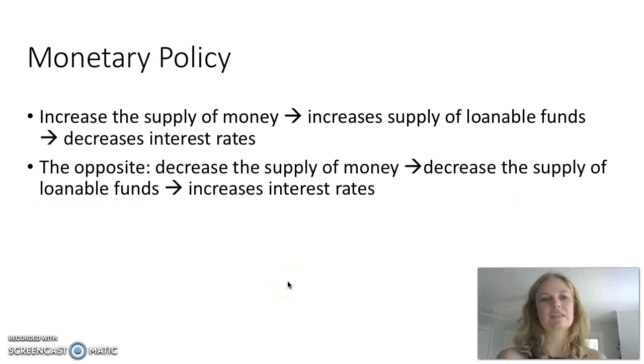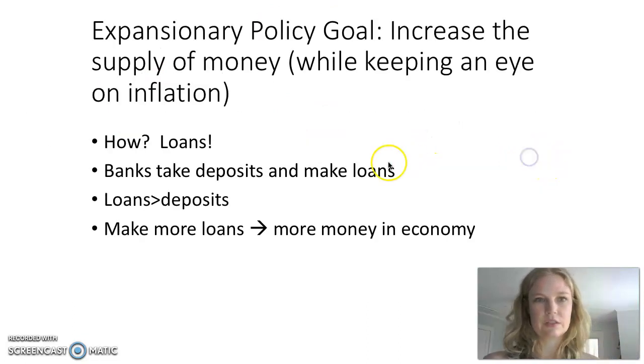So monetary policy. If you increase the supply of money, what that does is it increases the supply of loanable funds, which decreases interest rates. If you decrease the supply of money, it decreases the supply of loanable funds and increases interest rates. This is something I taught my first time I taught macro in 2008. I just didn't find the benefits were worth the costs. So I don't draw the supply and demand of loanable funds. But you could do it if you were interested in it. So more money decreases interest rates. All right.